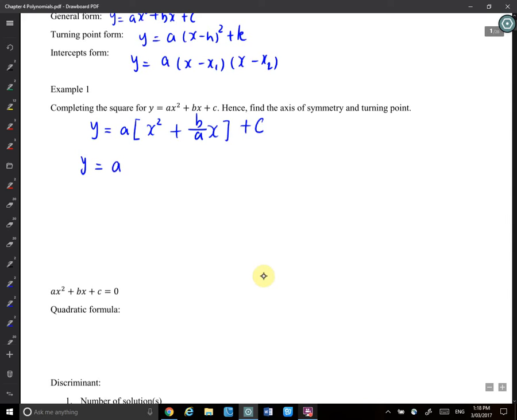So y equals a times x squared plus b over a x, plus half of the middle term squared. Half of that will be b over 2a, squared, and I'll subtract b over 2a squared, and then plus